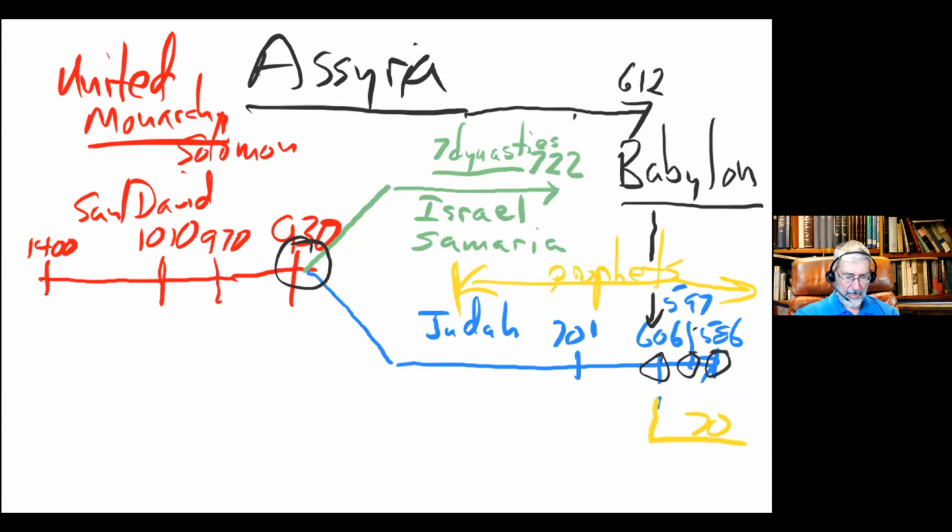The Assyrians sent a king named Sennacherib, who laid siege to Jerusalem in 701. That tends to be a real important date. We're going to find that event both in the Kings and in the book of Isaiah. It's a major defeat for Assyria and a major victory for King Hezekiah.